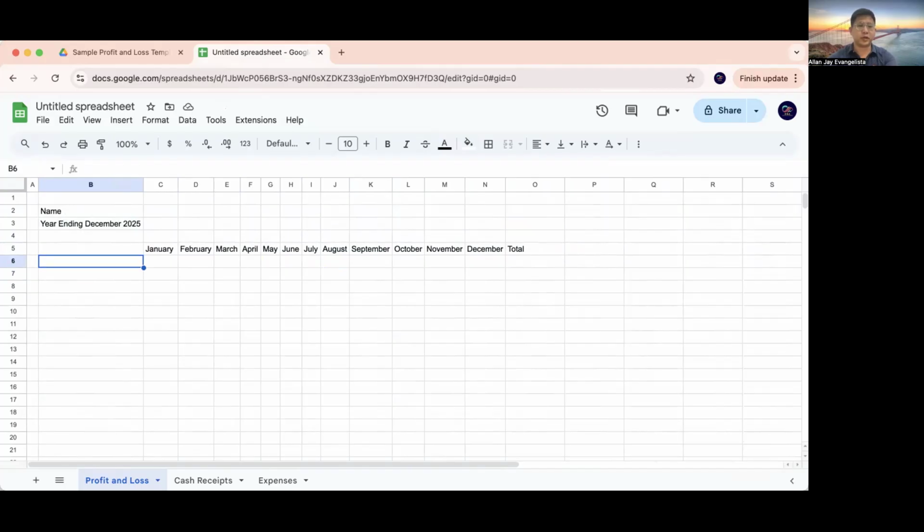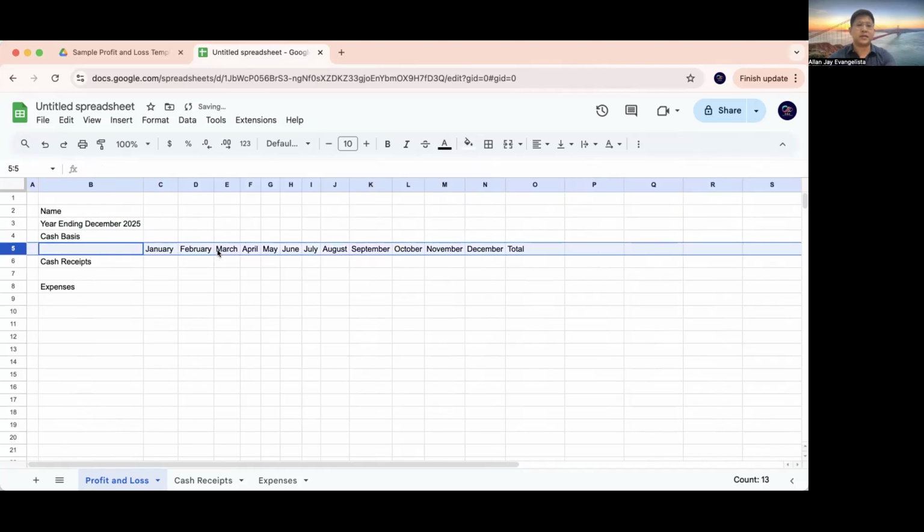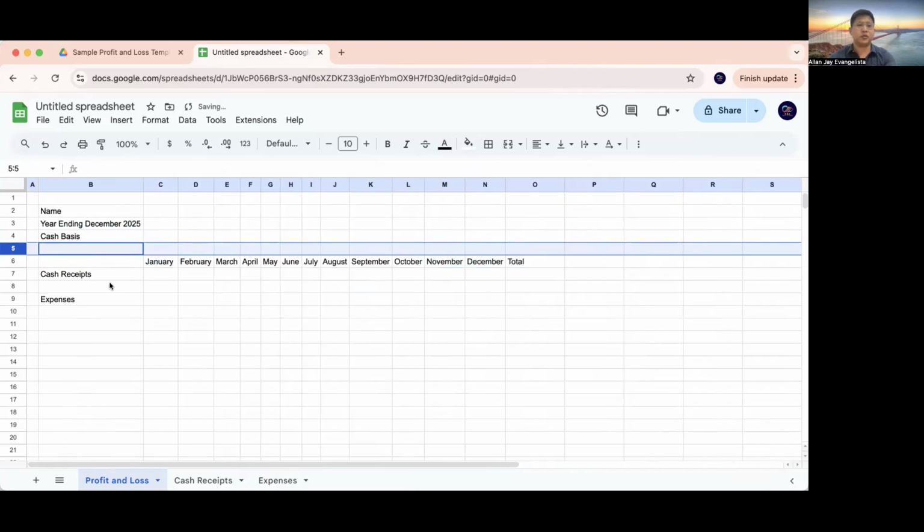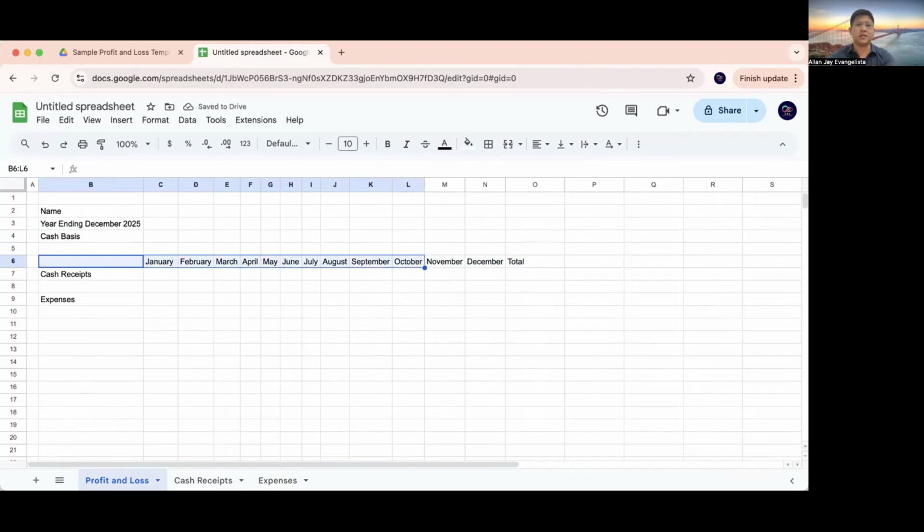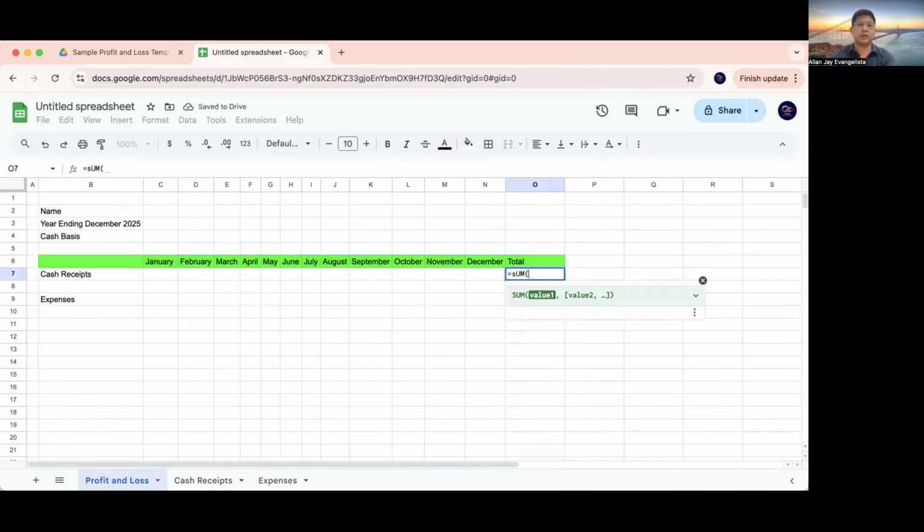Just put your cash receipts and expenses. So here, just use cash basis. So you will track your income and expense based on the flow of cash. So you can